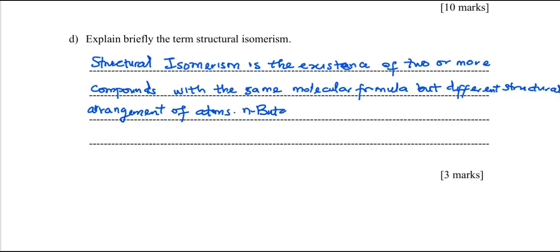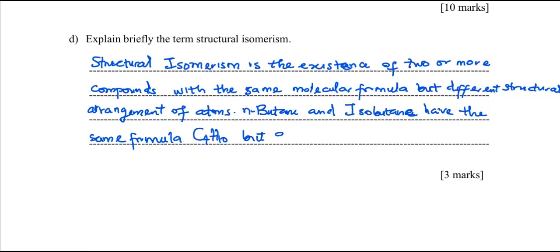N-butane and isobutane have the same molecular formula, C4H10, but different structures. The next question says,